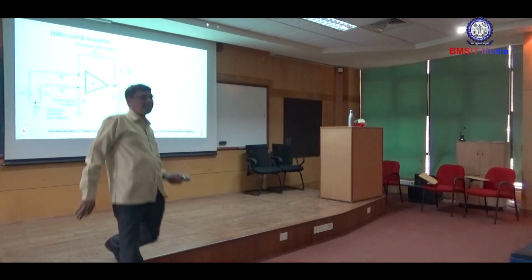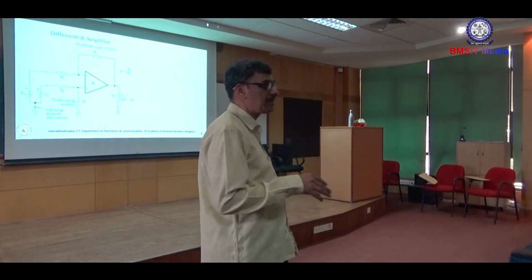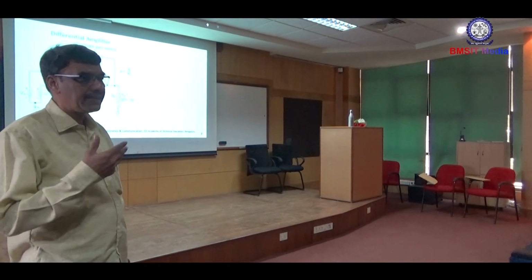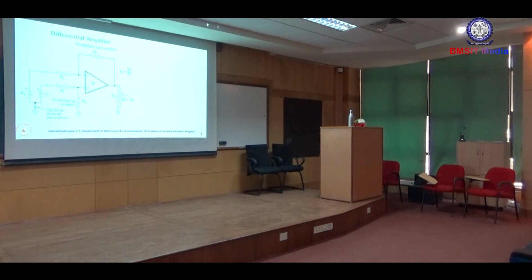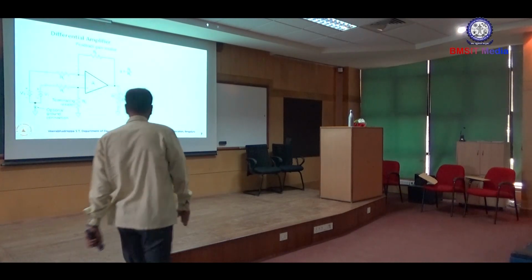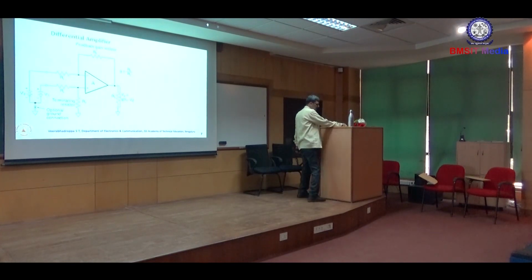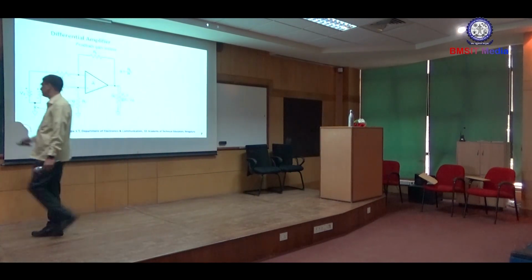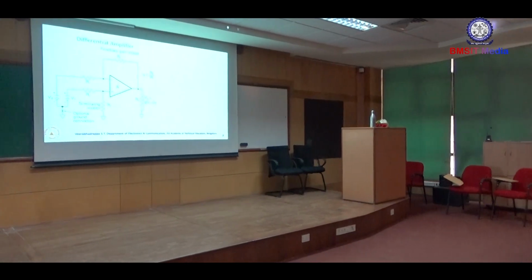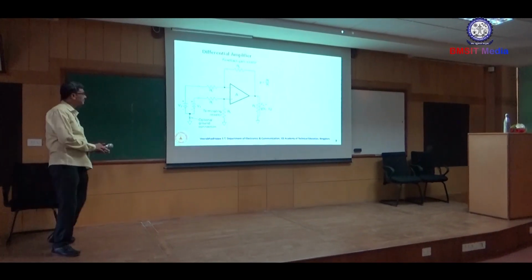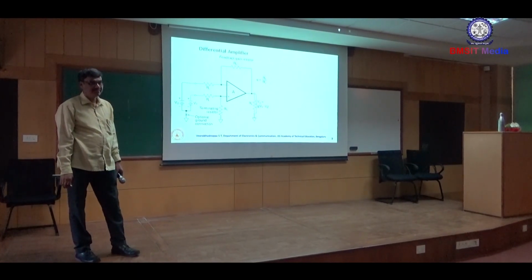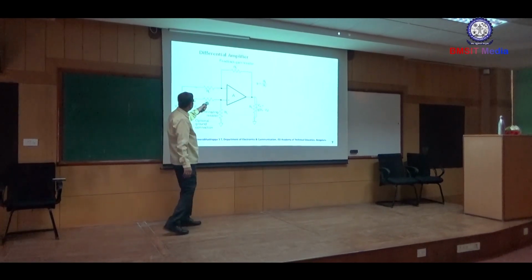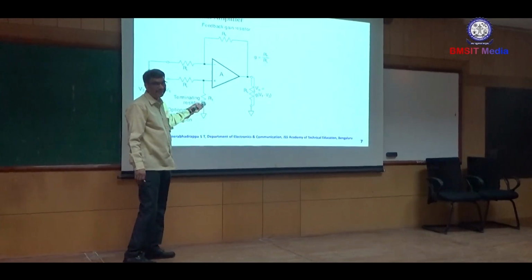Now, similarly, this can be used as a differential amplifier. Differential amplifiers are normally used to find the subtraction or the difference between two signals. What is the output voltage? How do you derive it? How do you derive this condition? What is the advantage once again in a differential amplifier? Because here we are assuming that R1 is equal to R2 and RF is equal to RF. These two are equal. If they are not equal, then you have to find